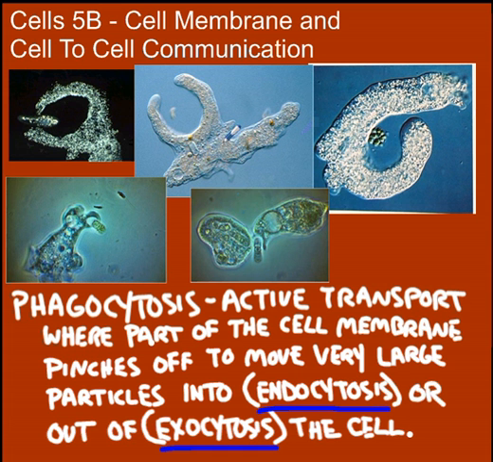Here we see some amoeba, which are microscopic single-celled organisms that live in pond water. They are protists. The interesting thing about amoeba is they can be any shape they want to be. They can change their cell membrane and allow the cytoplasm to flow out into these things called pseudopods. Each one of these amoeba are eating. This one's about to eat